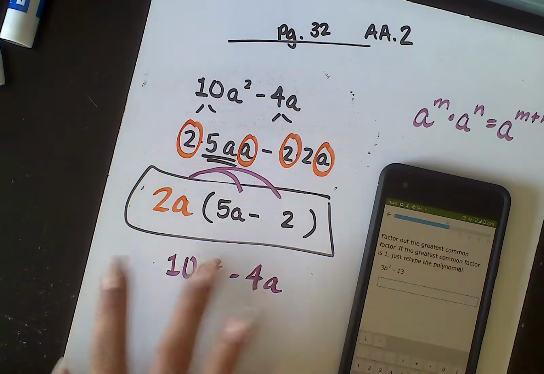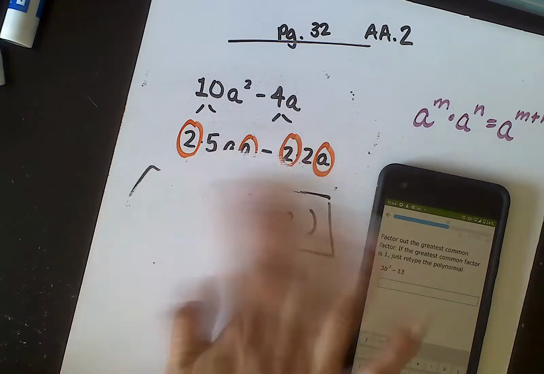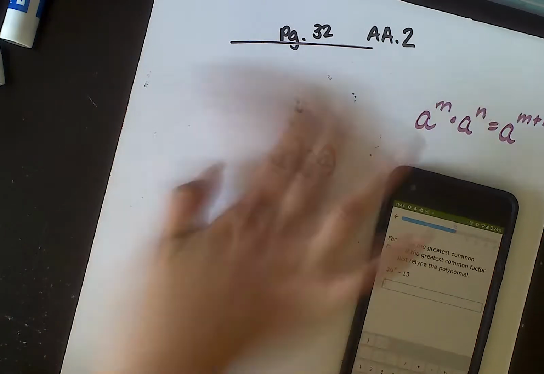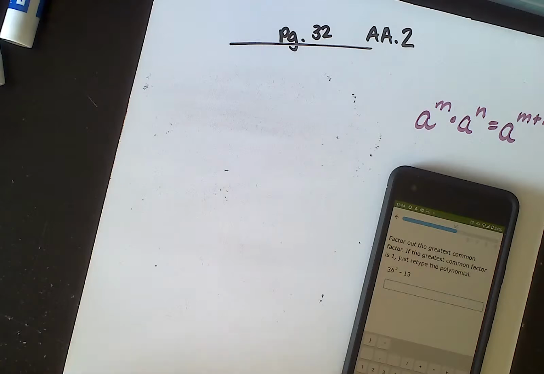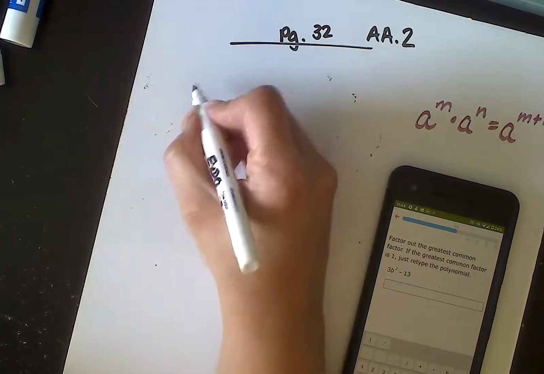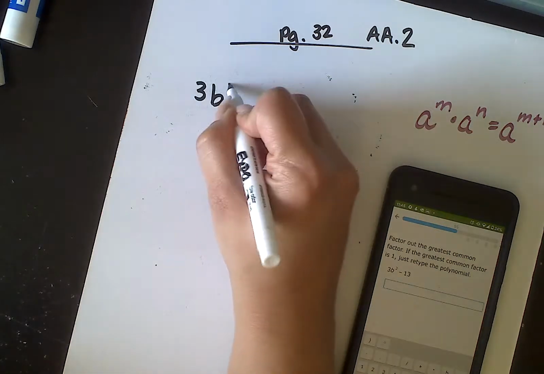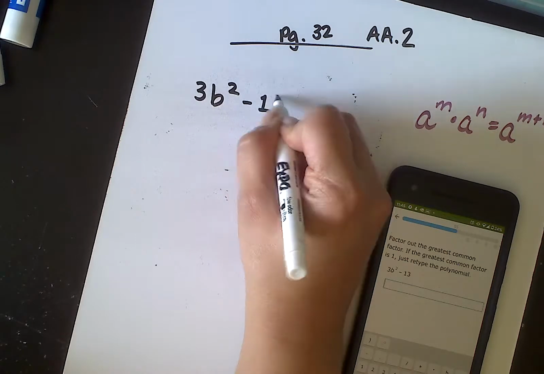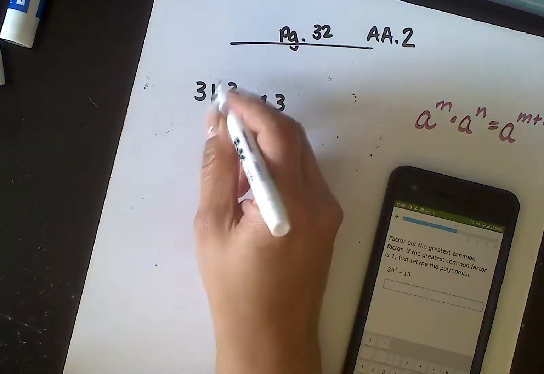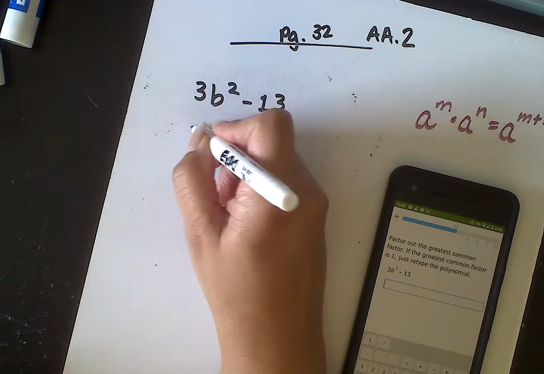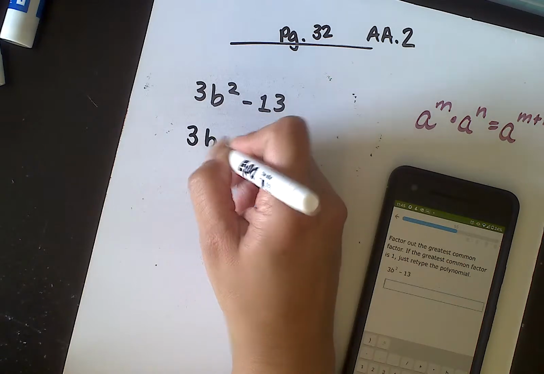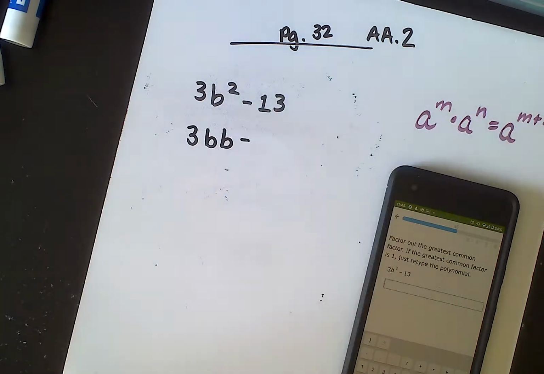Okay, goodness, we're barely at a 50. So now it gave us something weird, and I think this one might be the one that is giving you guys issues. I have 3b squared minus 13. Now, if I were to take this, that's a prime number, so that's still going to be 3bb minus,